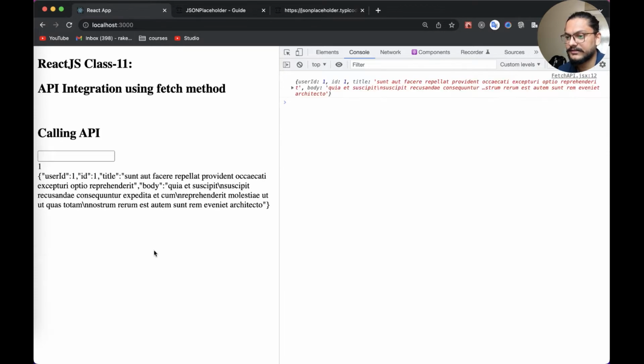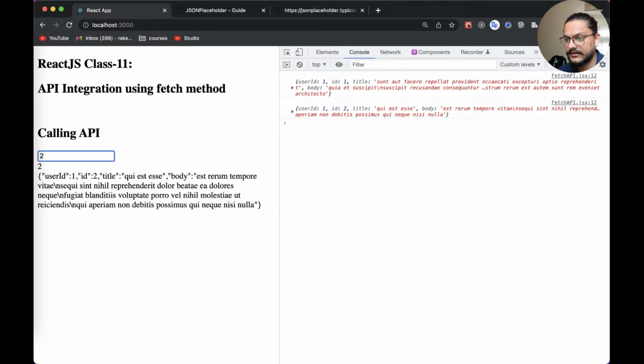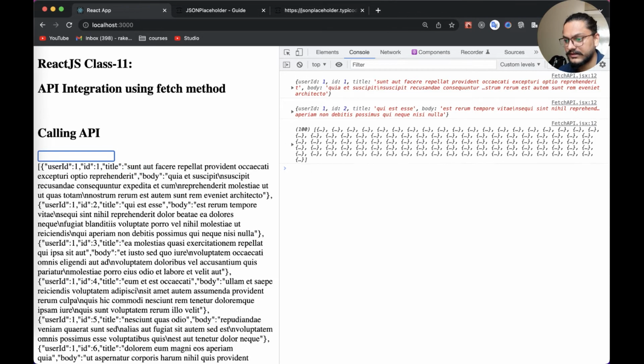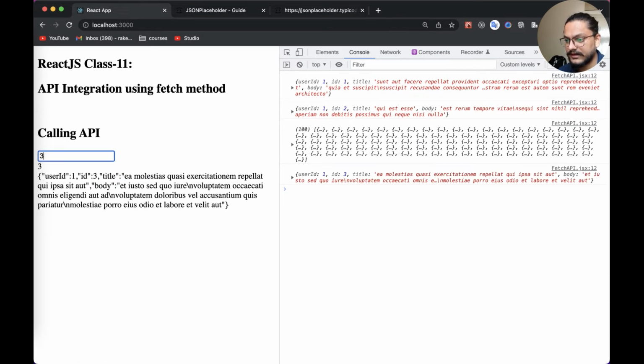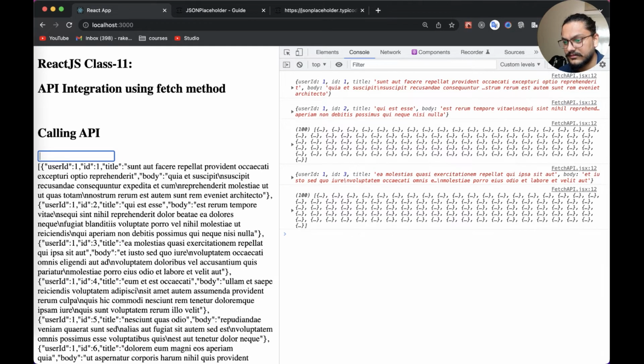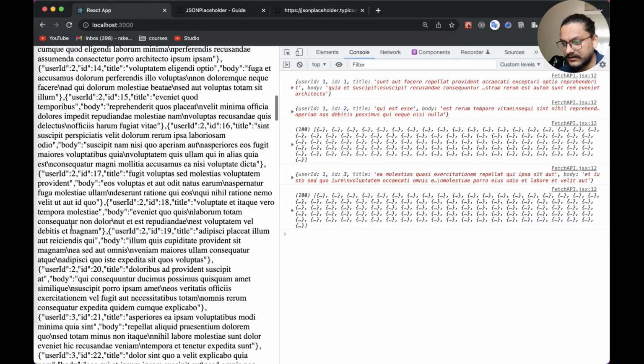Okay, so let me refresh everything. You see here we have post ID 1 data. Now if you change to 2, you'll get post ID 2, and you have this title and body available, and similarly it is doing the console. Change to 3, and you'll get this 3 ID. So what is happening when you change back to 0? It is fetching something called